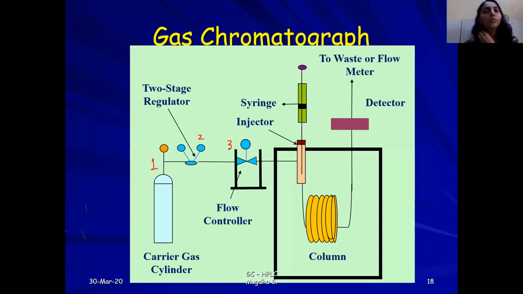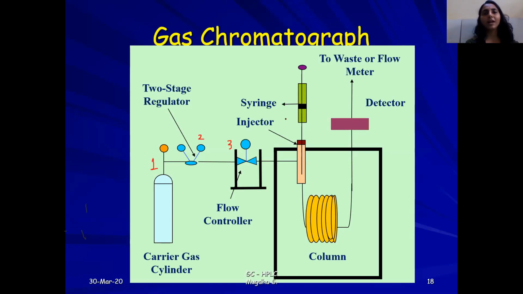You can't keep too fast a flow or too slow. If you keep it too fast, the samples will quickly pass through the chromatographic column, hence it will not let you have the readings taken properly. The separation will not be proper. If it is too slow, it is possible that because of the high temperatures in the column, the sample might disintegrate inside. So you have to have an optimum. There should be a balance between the flow of the carrier gas through the column.